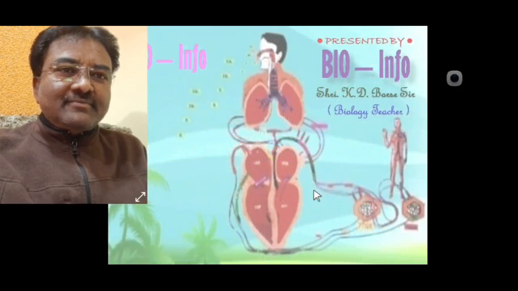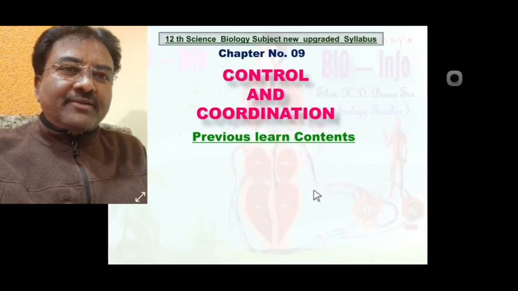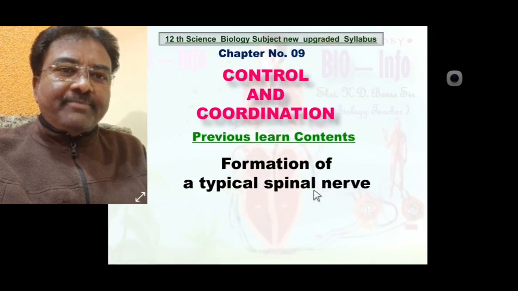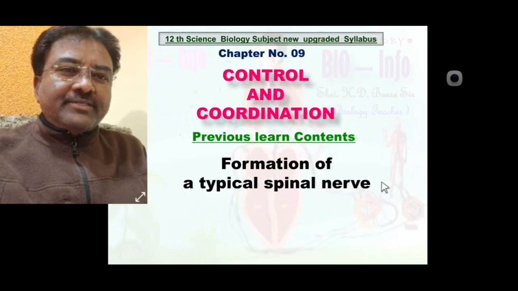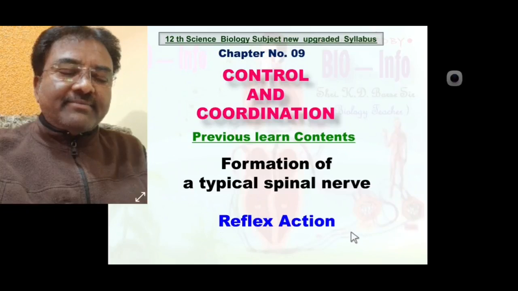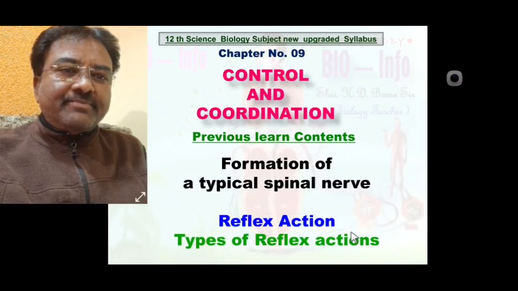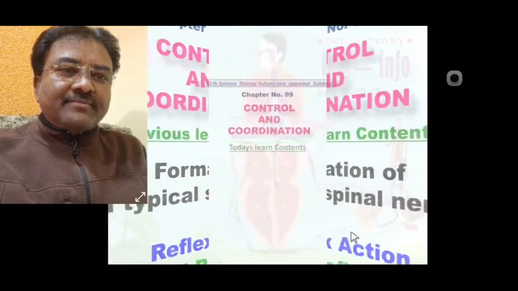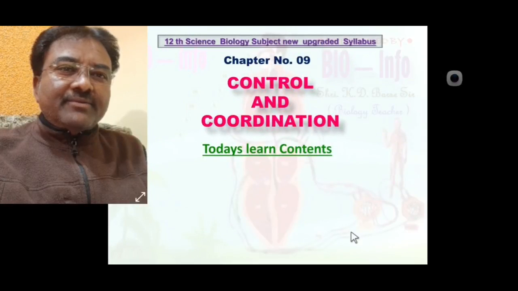Bursesar, biology subject teacher. In the previous lecture we learned the control and coordination chapter concept, the formation of a typical spinal nerve, and how a typical spinal nerve is formed. We also learned reflex action. What is reflex action? Different types of reflex action. Today we are going to learn some more concepts in the control and coordination chapter,